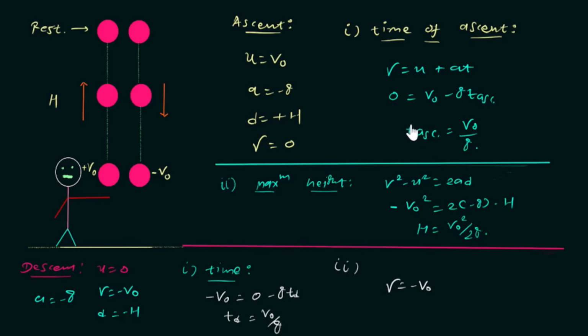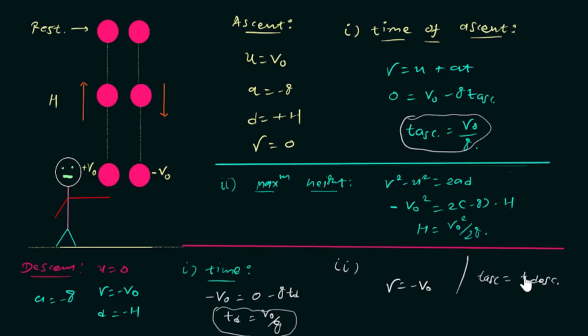So time for the ascent is the same as the time for the descent. It means if the object is traveling upward, it will reach the maximum height in 2 seconds, and it will come back after another 2 seconds. So total time for the journey is going to be 4 seconds. So time of ascent is going to be always equal to time of descent,